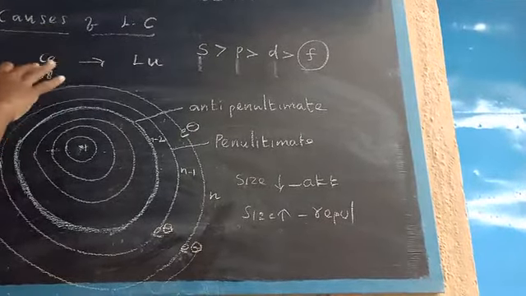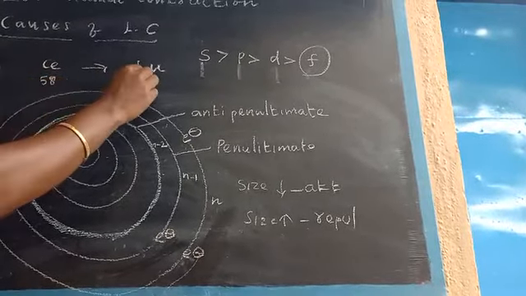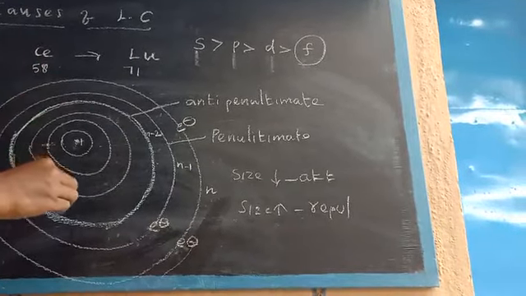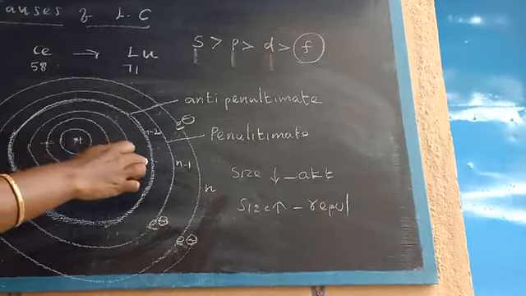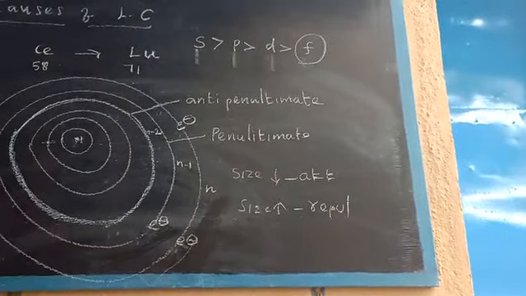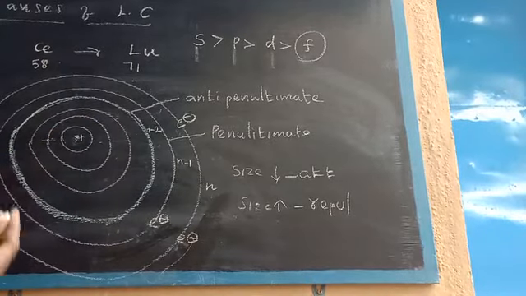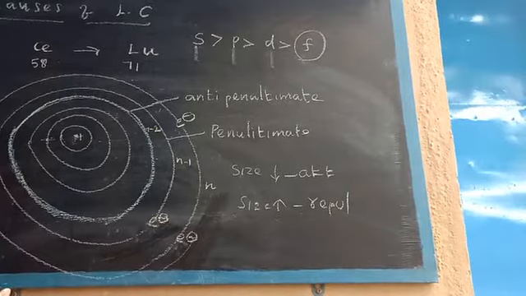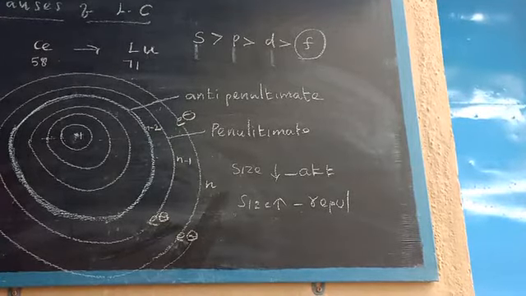Lanthanides are 58 to 71, where electrons are added one by one, which produces imperfect shielding. If I give the overall explanation in one phrase, it is imperfect shielding of 4f electrons